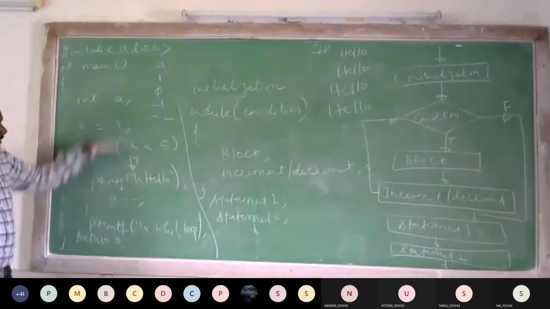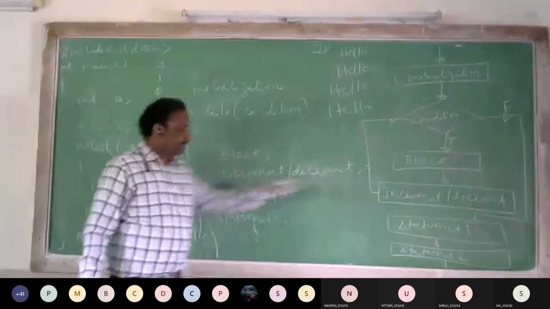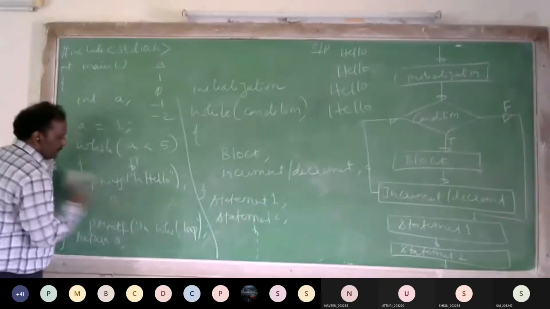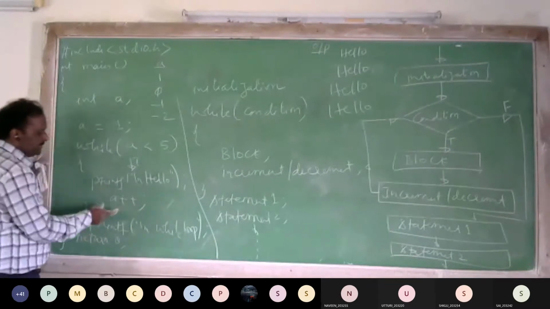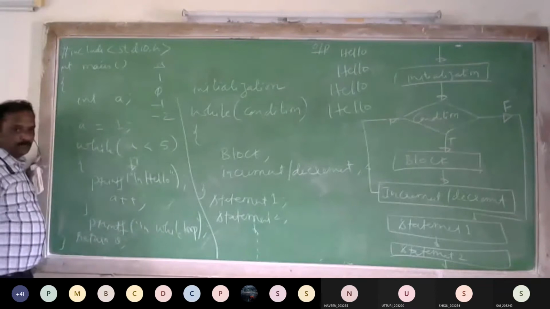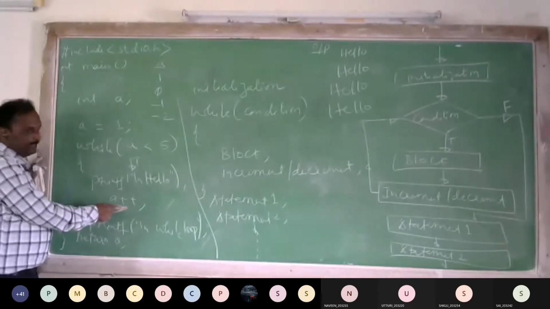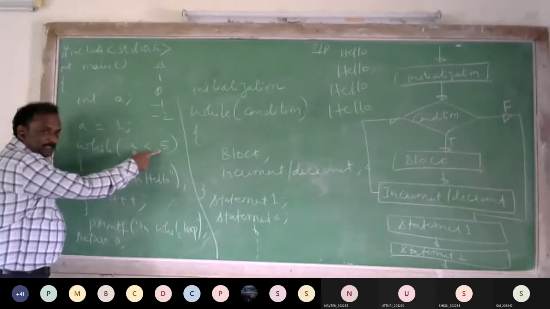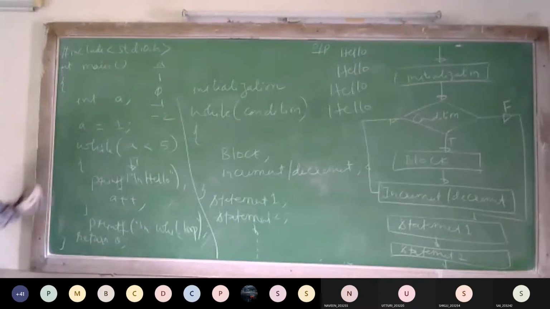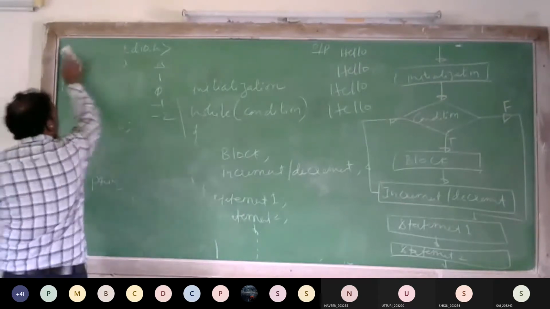So based on the program logic, here we need to use either increment or decrement. We have to satisfy this condition at some time. Like if I use plus plus, when A value will become 5, then only the condition will become false, then only it will come outside. So depending on the program, we have to use either increment or decrement until the condition becomes false. When the condition becomes false, it will come outside. Same program I will write in a different way.